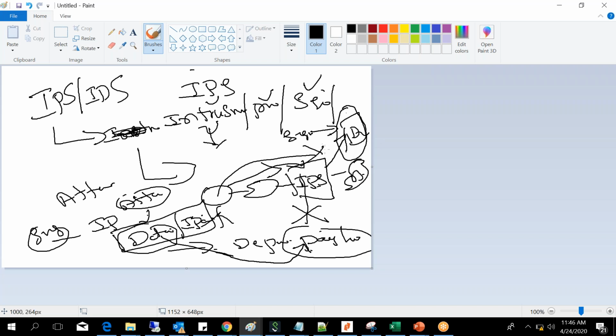If it matches any of the patterns, it gives an alert. And it not only gives an alert, it also prevents the connection. It blocks the attacker's activity. It blocks this specific packet so that it will not reach your network.